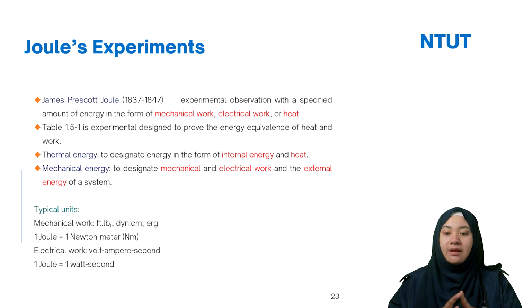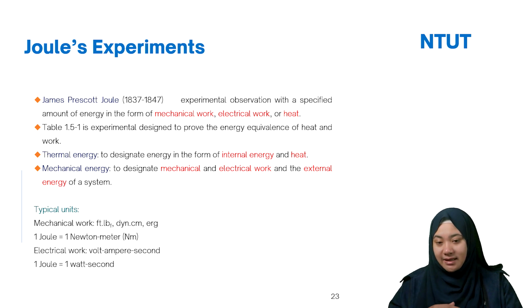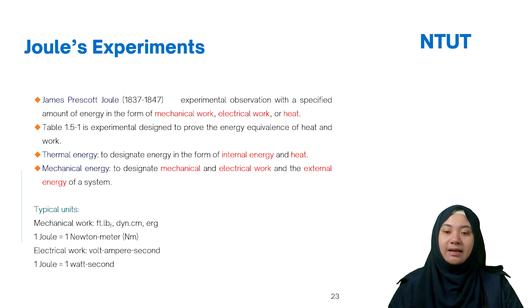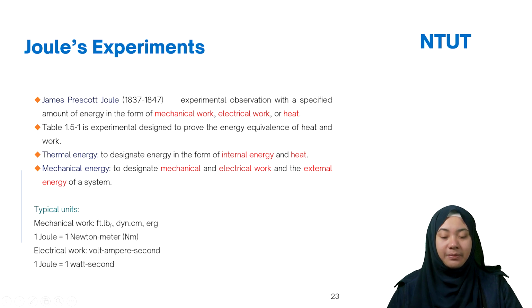The same goes for thermal energy, which is also designed in the form of internal energy and heat. Like we calculated before, delta E equals Q minus W. Here delta E consists of the internal energy, then you have Q for the heat, and then minus the total work. The mechanical energy is the work itself. So that is one of the previous topics about thermodynamics, how we calculate, and then how about the unit